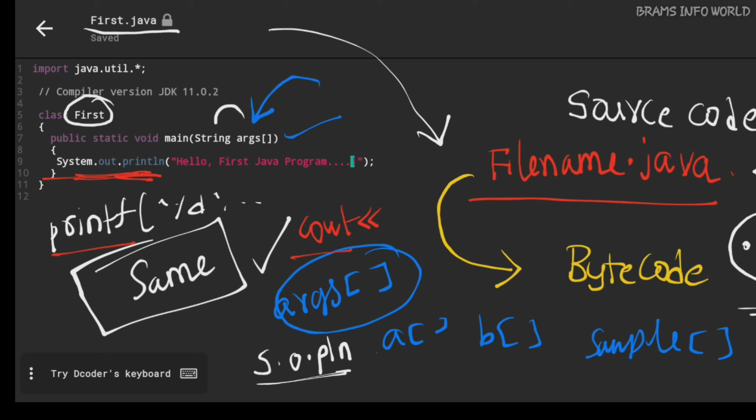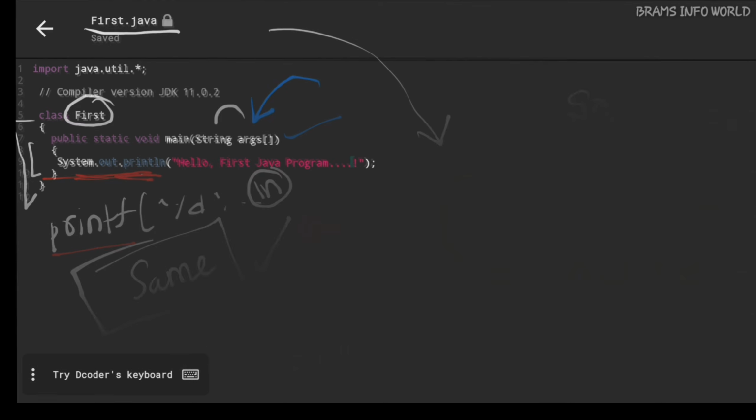Println means new line. For the next line we have to use ln, otherwise we can also use \n. This comes under the main method, and this comes under the main class. So let us execute the program, then we will go for the explanation part again.